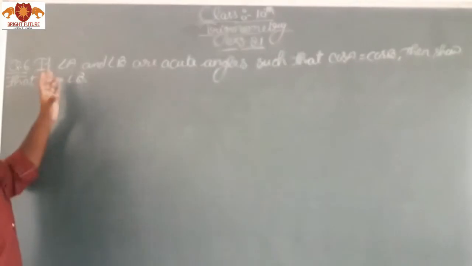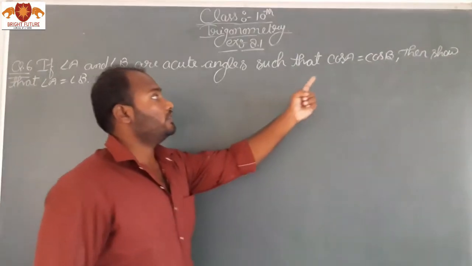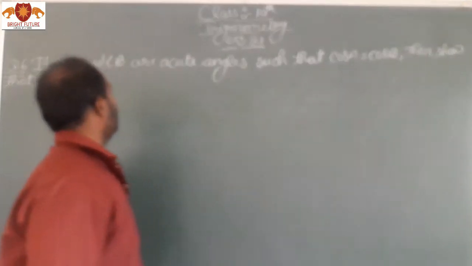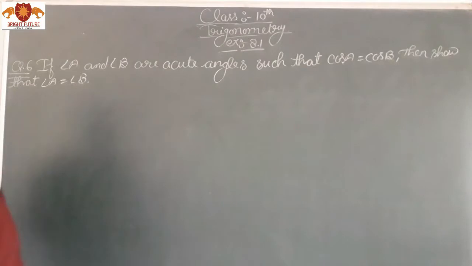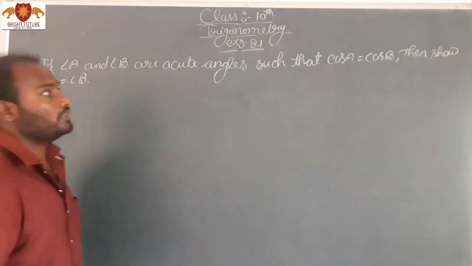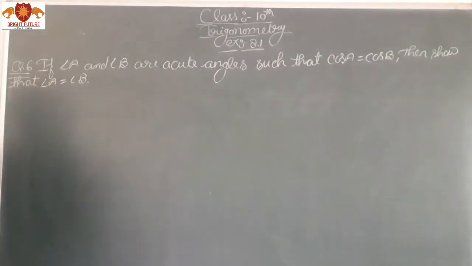ध्यान से सुनो। If angles A and B are acute angles such that cos A is equal to cos B, got it? ये हम लोगों को यहाँ पर गिवन है, ठीक है। और हम लोगों को क्या फाइंड करना है कि angle A and B both are equal to each other, we have to find out it, got it? चलो, firstly we will draw,